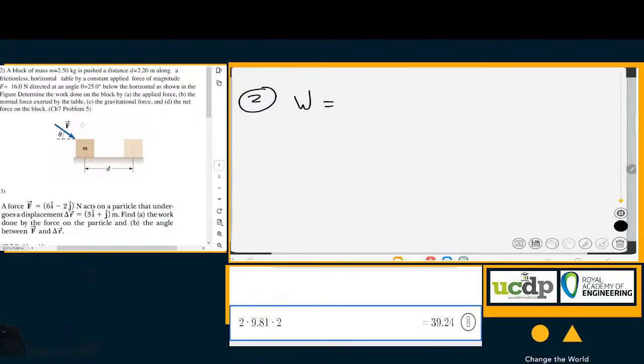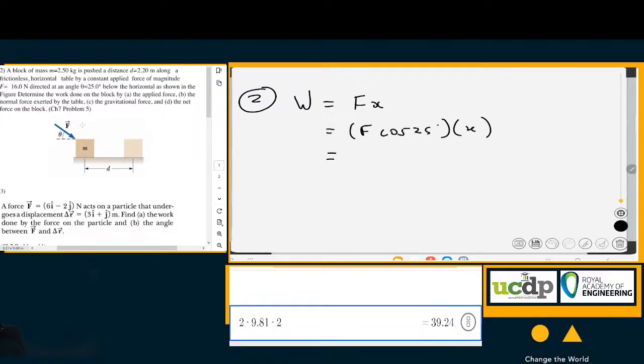Work is equal to F times x, the distance. In this case, the force is F times the cosine of 25 degrees multiplied by the distance x,